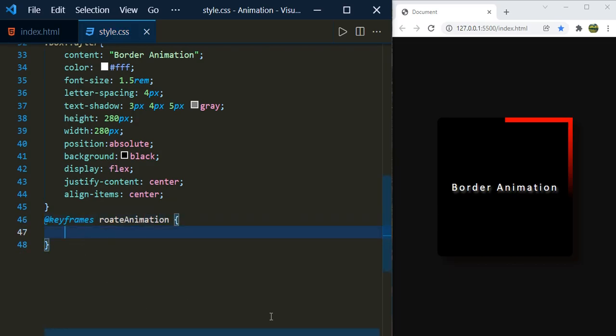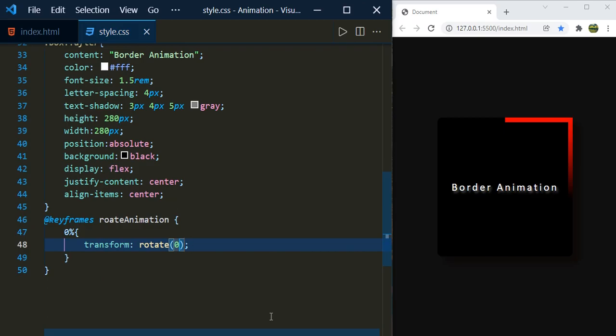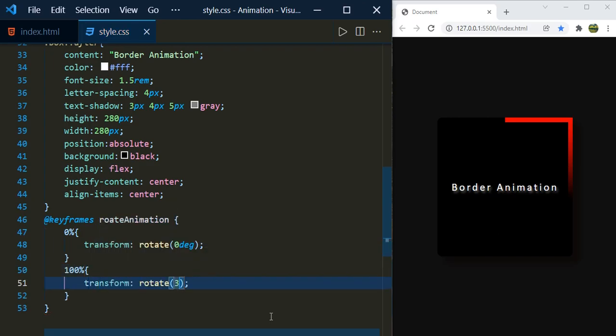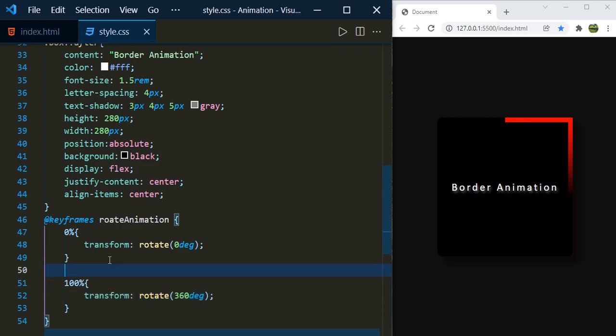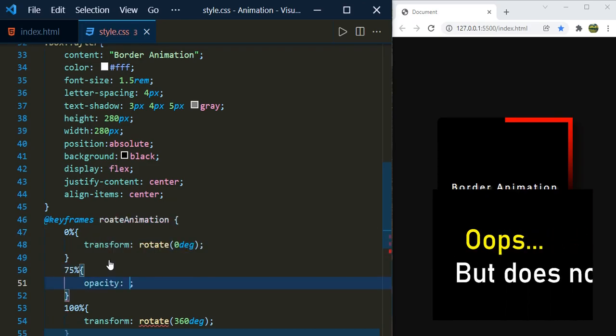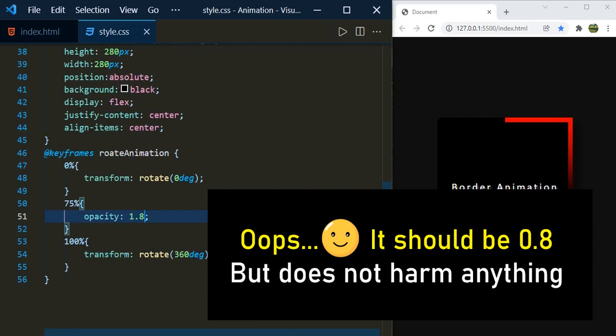So at 0%, let's have transform rotate 0 degree, and then at 100%, let's have transform, rotate, we can have 360 degree. Let's define something 75 percentage, and at the 75 percentage I want to have opacity, let's say 1.8, so that we can see some dim effect.